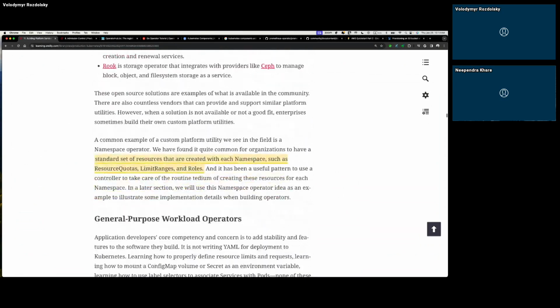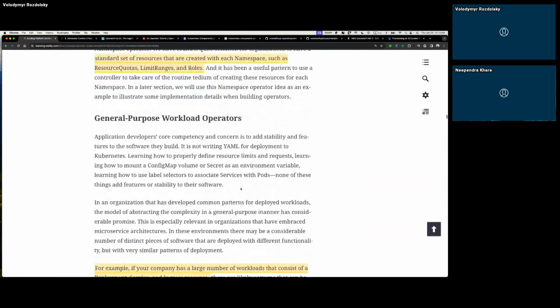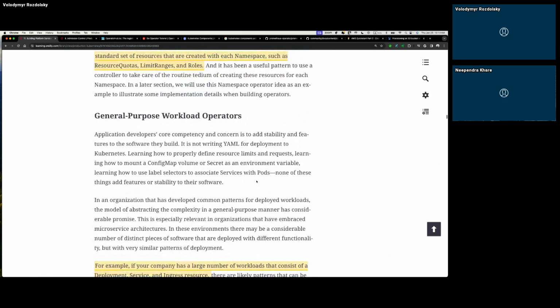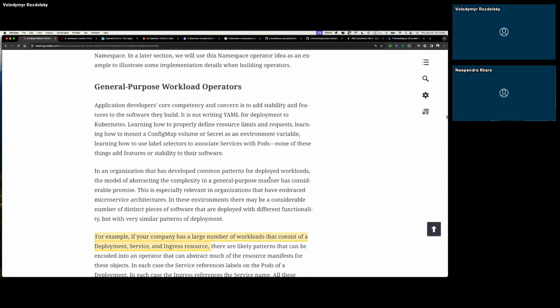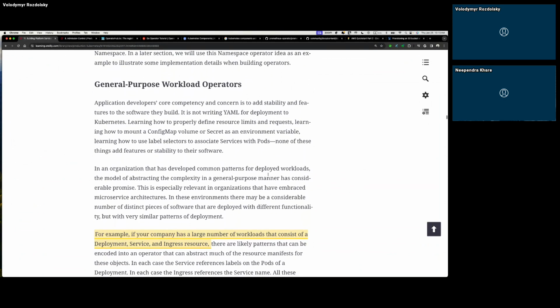What else here? For general operators, they talk about the use case where, for example, you want to automate your cluster resource creation, and you create an operator for that. For example, if you need to create a namespace with resource quotas and the user access, the person doesn't have to do that manually.